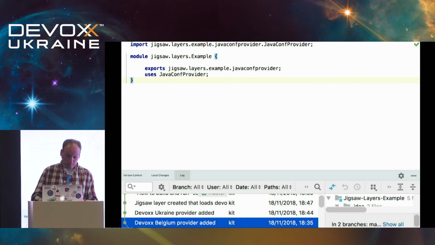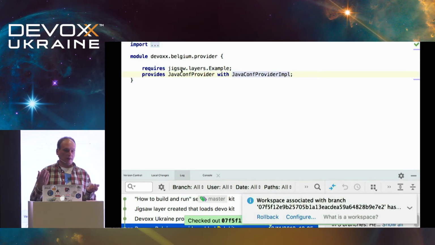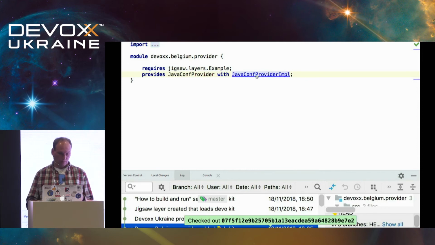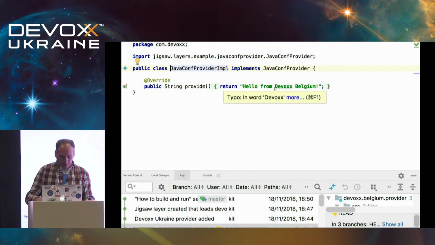Let's add the Devoxx Belgium provider. Here is the Devoxx Belgium provider module declaration. It has the name Devoxx Belgium provider, and it provides the service with the following implementation, which just returns hello from Devoxx Belgium.